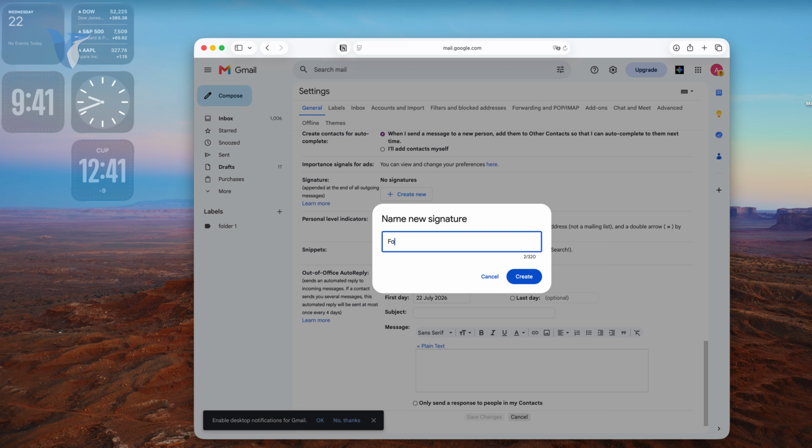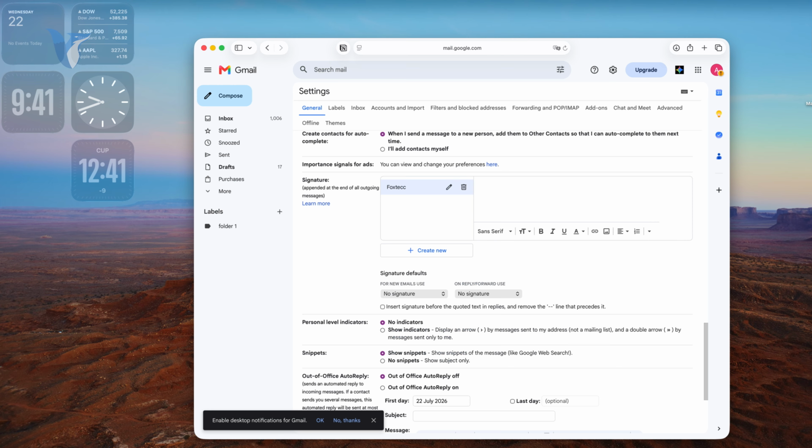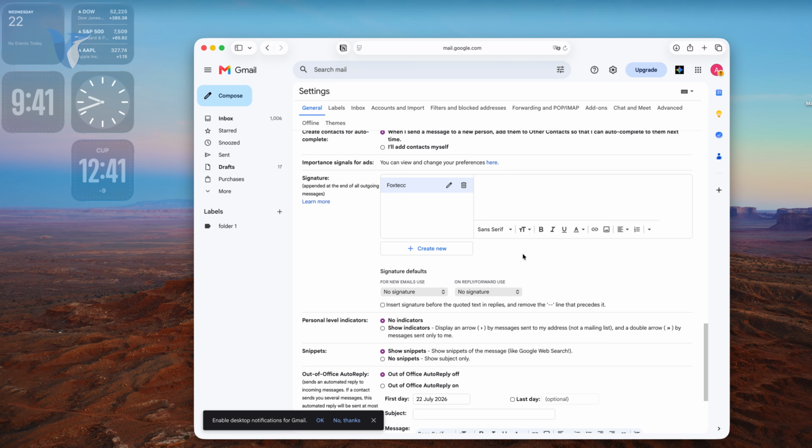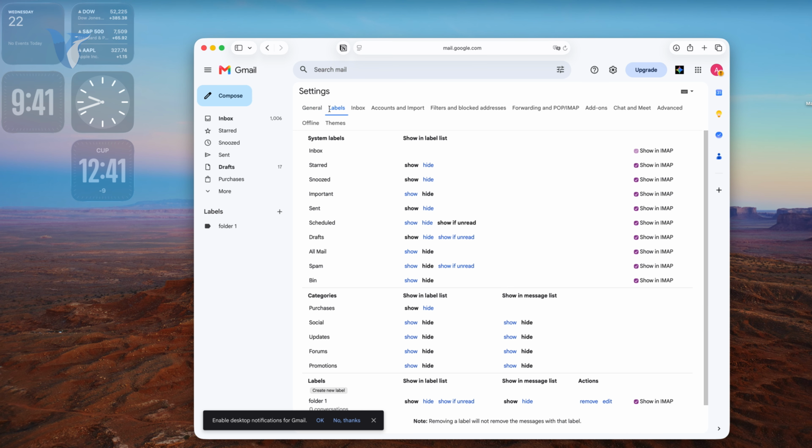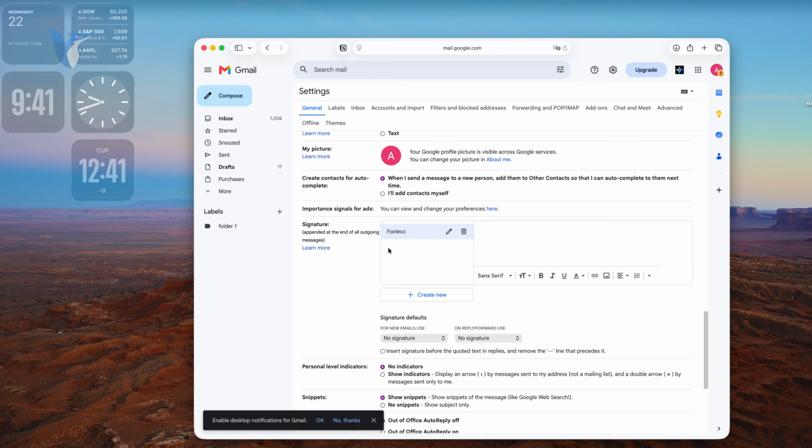and you can type in your signature name. So I don't know, I would type in Foxtecc, right? You can see that we have 320 characters available, and right now this is the signature which I currently have, right? So of course you can do more stuff with it. You can see that if I now come back to it, the signature is still right there,